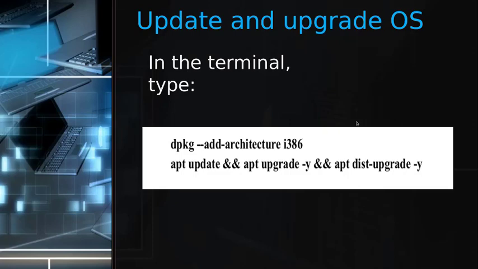After you add the architecture for i386, you do need to do an apt or apt-get update. Since this is a newer version of Aptitude, apt should be on your Debian-based or Kali-based system, but apt-get is the old way of doing things. So either way you see it, it should work. So, going back to here,